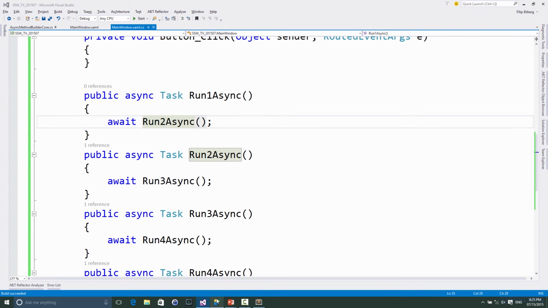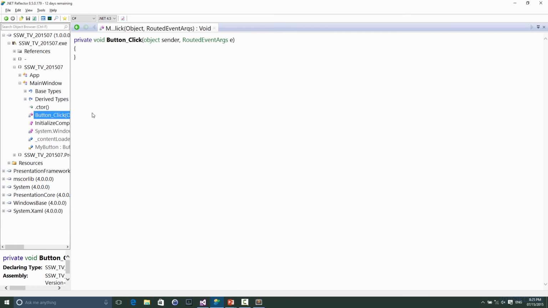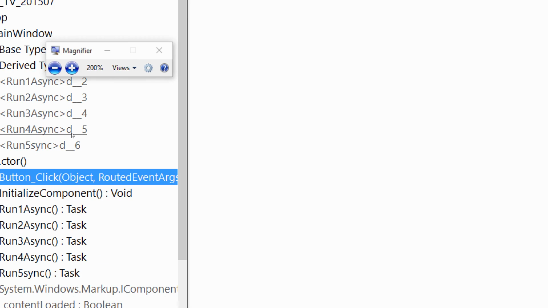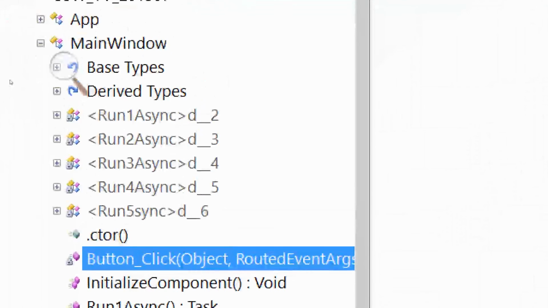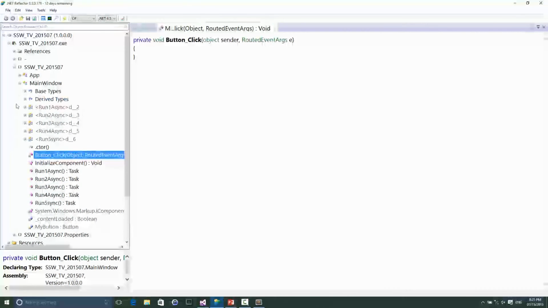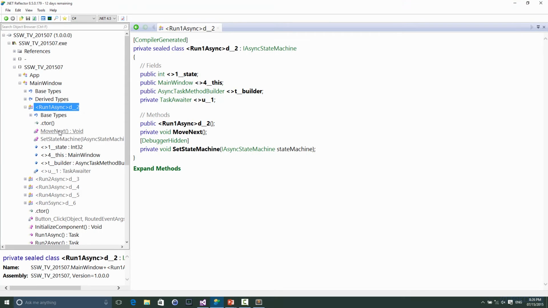If we compile this and head over to Reflector, I'll hit F5 here because I've already set this up. You'll see here that it's in fact introducing a bunch of state machines. So for each of my run methods, where I marked it as async, it introduces a new class, which is a representation of that state machine. And if we drill down into that,